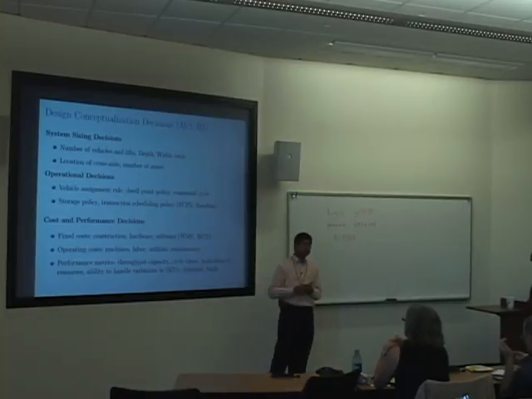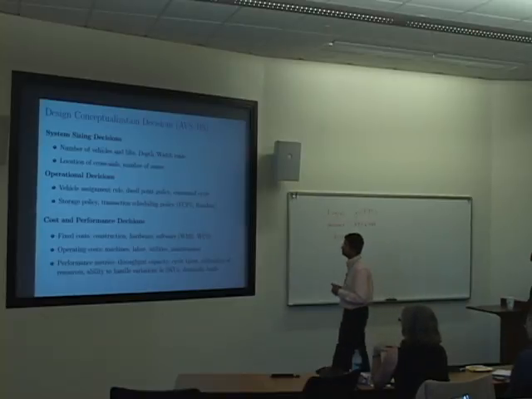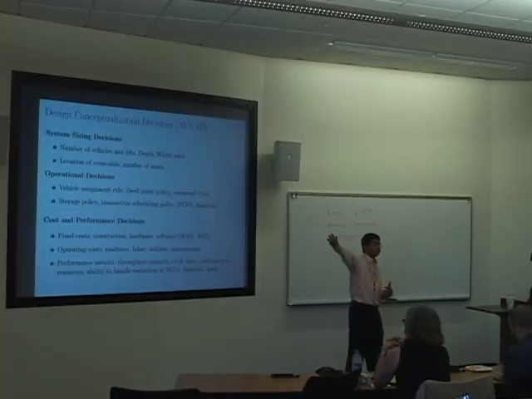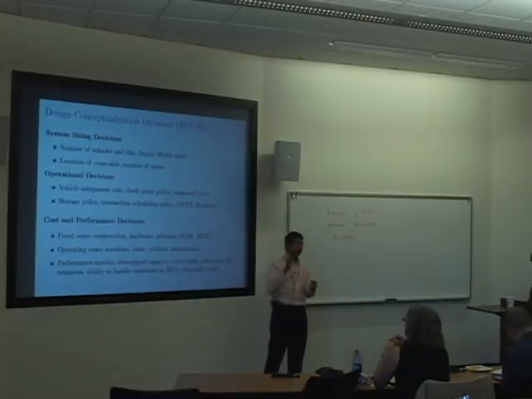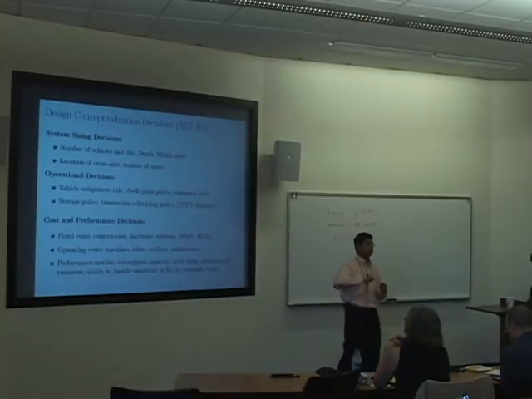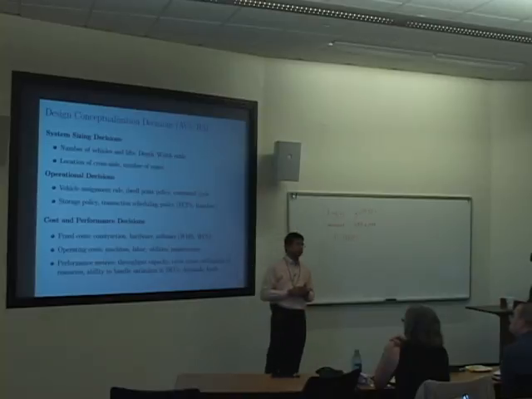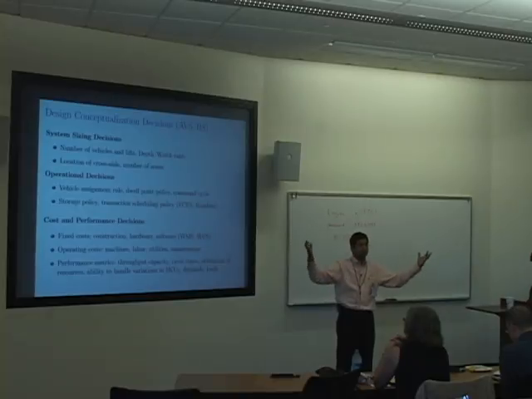The operational decisions are, how do you use these vehicles? You have these storage retrieval devices. Where do they dwell after they do a transaction? So where is their parking spot? Where do they sit? What kind of command cycle do you do? Do you pair a storage with a retrieval, or do you do only retrievals and then only storages? And what are the trade-offs between that? What kind of scheduling policies do you have? What kind of storage policies do you have? Do you store all your items in the high density area in random fashion, or do you store certain items